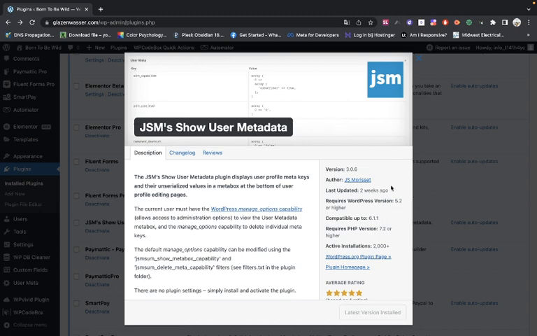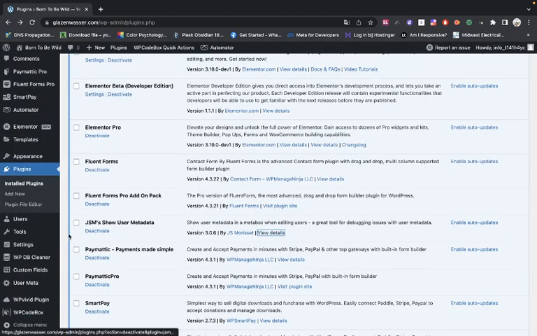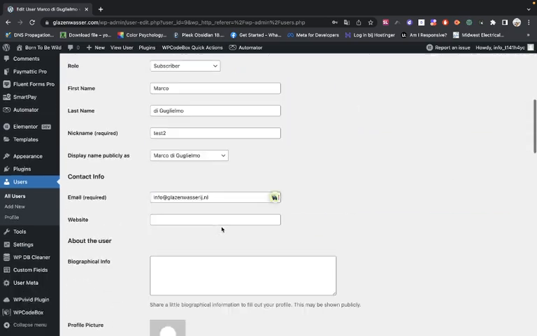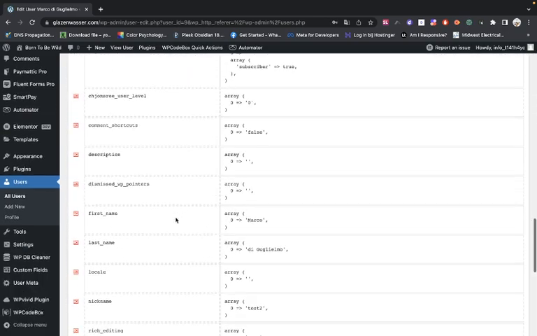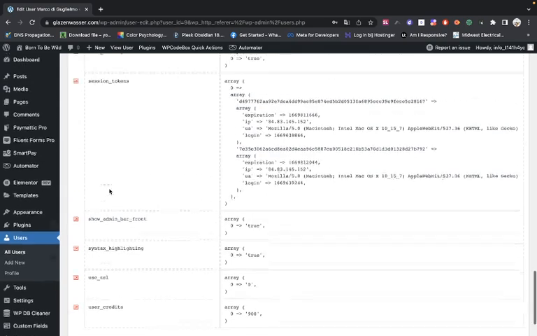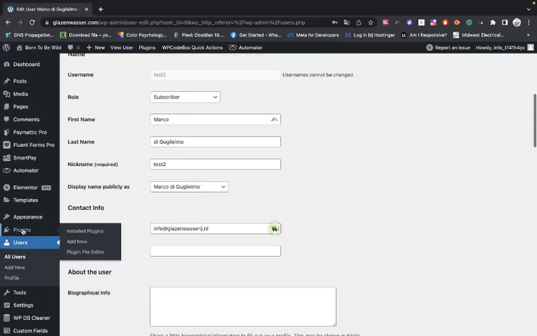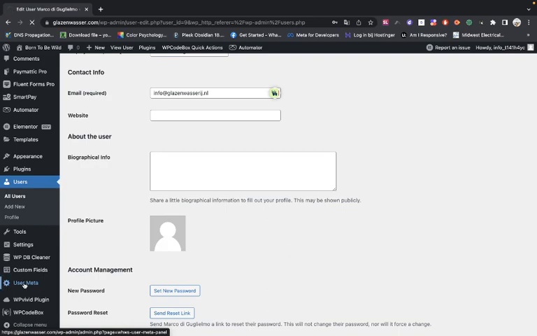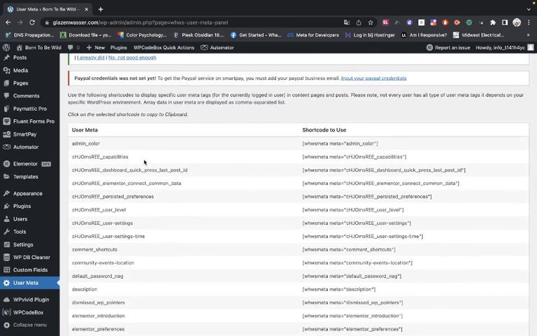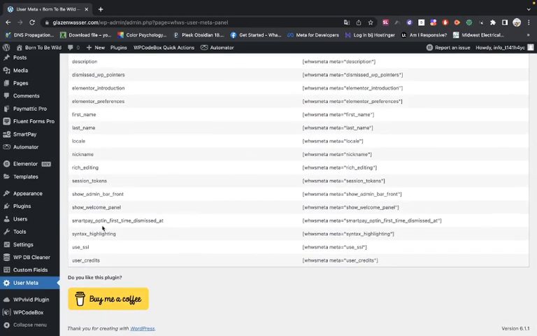So what this does is show you the metadata. So when we go into the users and we're going to edit, then you can see here the metadata, all these rows. And when you're adding another metadata, then you can see it in here. So this is the one that we have made manually. And the other one that I showed you is you can make shortcodes. So user meta, and then you can see here all the shortcodes. So when you want to display something, then you can copy it and put it wherever you want into your